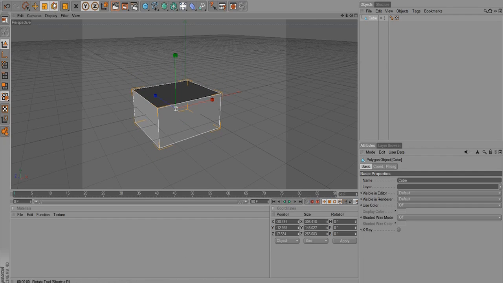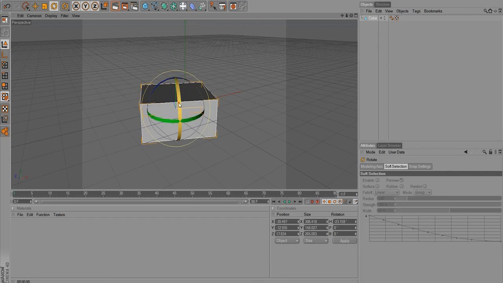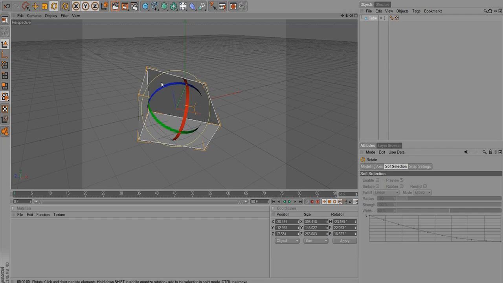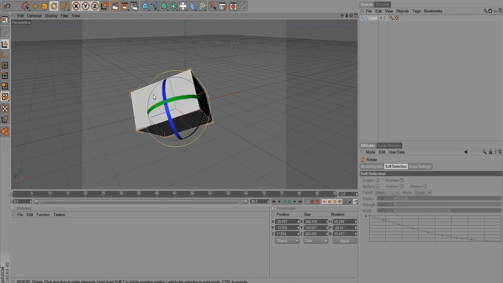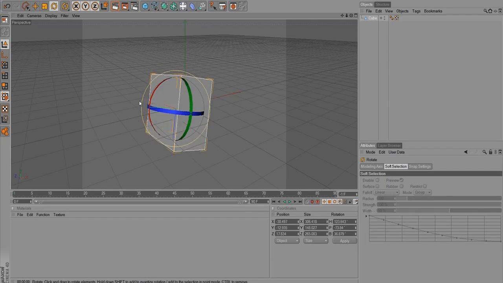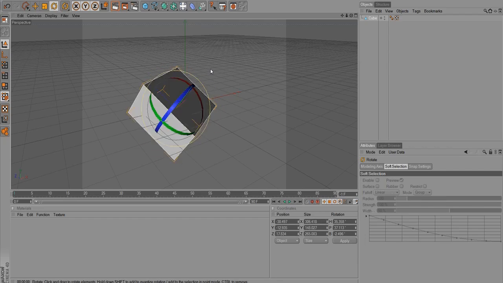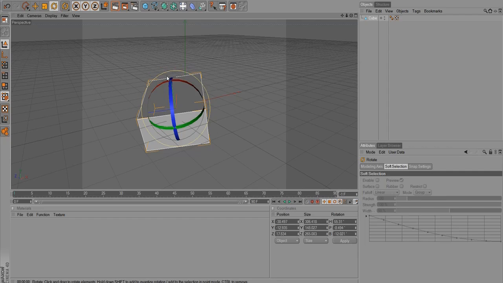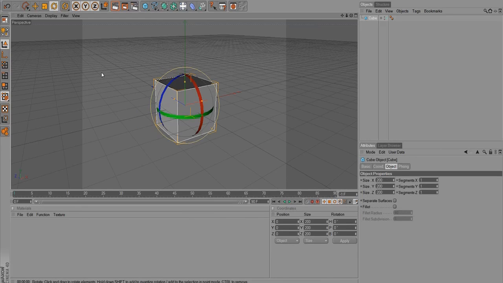Awesome. Rotation also does what you think it does. So it rotates along any one of those axes. If you do it along the little silver one right there, you can just do a free rotate. And if you do it along the outer circle, it'll just be in whatever axis you're looking at it in. So awesome. Okay, so I'm going to delete that and remake a cube just like that,